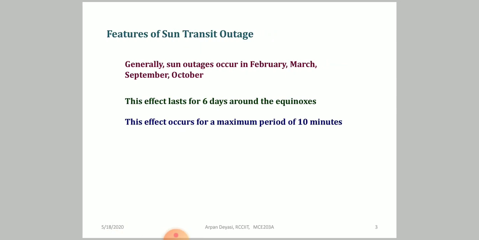It occurs generally two times. One will be in the February-March region, another in the September-October region. The effect lasts for 6 days around the equinox, and the maximum period is 10 minutes. So not very much, but in that time it is a problem,